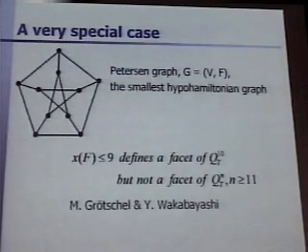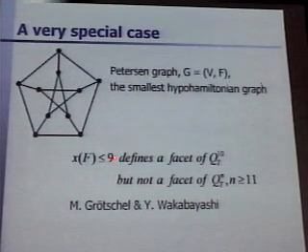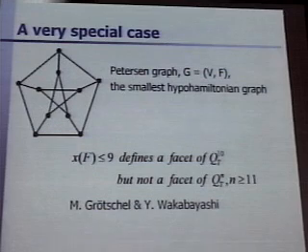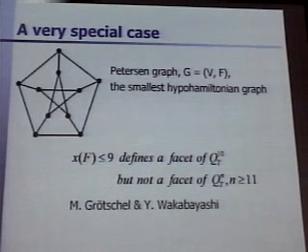And Yoshiko Wakabayashi from Sao Paulo and I proved that this set of edges with the right-hand side of 9 defines a facet of the 10-city traveling salesman problem, but not a facet for any bigger one. So that means, and this is a general theorem, that if you find a hypo-Hamiltonian graph of 1,223 nodes, that is a particular unique property of this particular TSP and nothing else. So in order to describe the traveling salesman polytope completely, you need to know all hypo-Hamiltonian graphs, and it's completely hopeless.